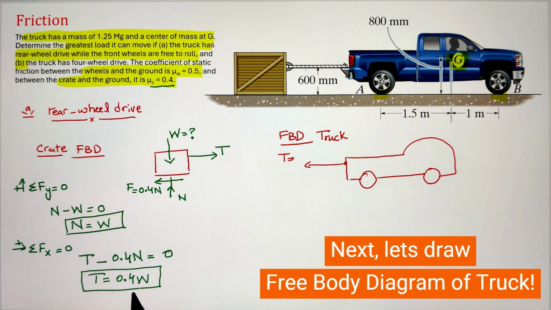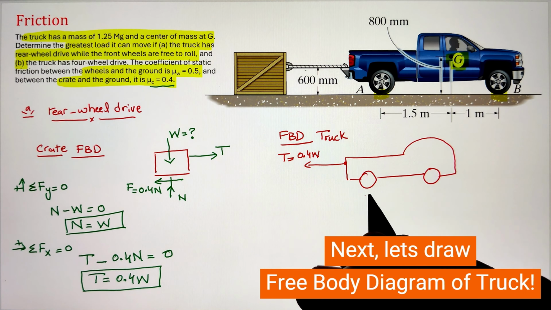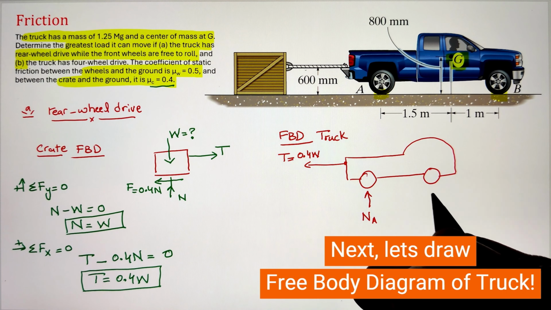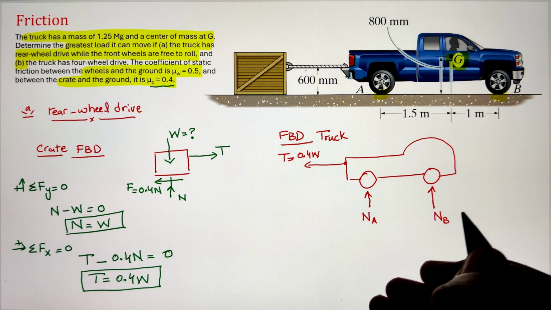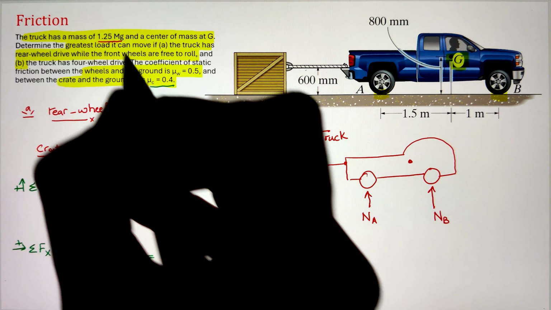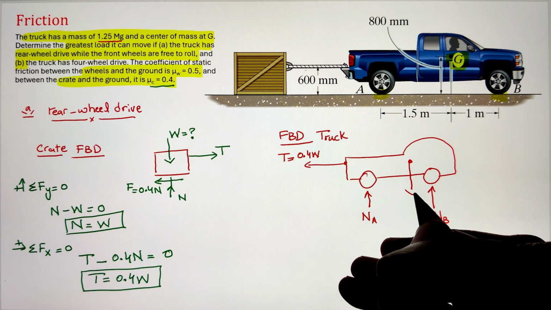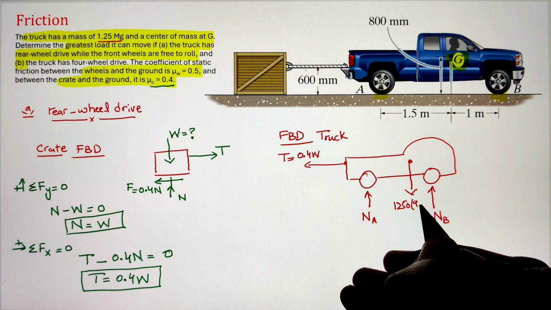That is also showing that the rope is in tension as it is going away. Next, for the wheels, we will have normal forces represented by NA and NB, whereas the weight of the truck will be acting at the center of mass G, with a value of 1.25 megagrams times 9.81,